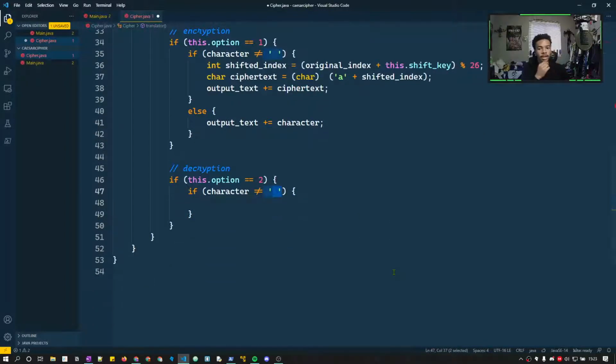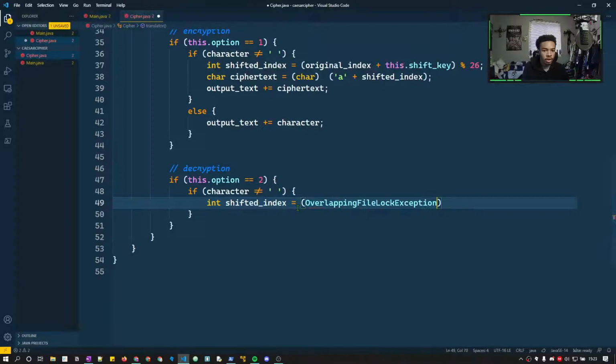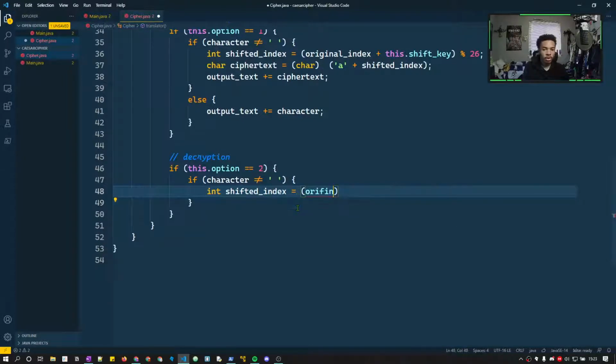So I might make a symbol array. No, that's going to take too long. I'll figure it out. So int shifted_index is equal to the original index